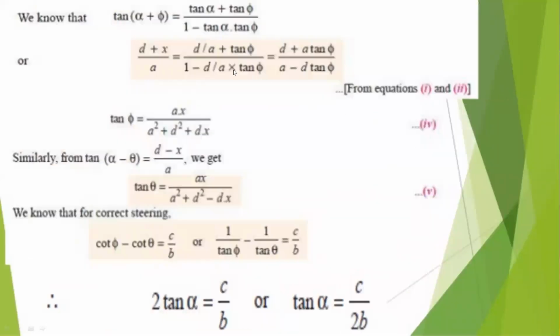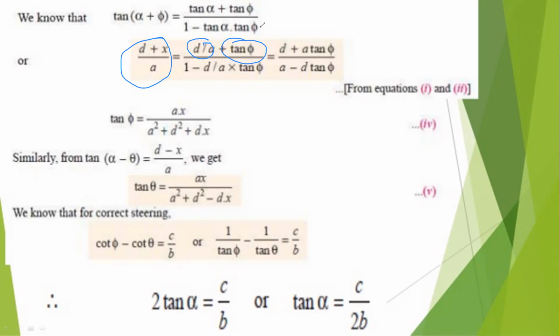So tan alpha plus phi is equal to, I'm applying the formula. What is the formula of tan alpha plus phi? It is tan alpha plus tan phi by 1 minus tan alpha tan phi. But I know tan alpha and tan phi. So you can see tan alpha plus phi is equal to D plus X by a, and tan alpha is equal to D by a, and 1 minus D by a into tan phi. So I can write it as D plus